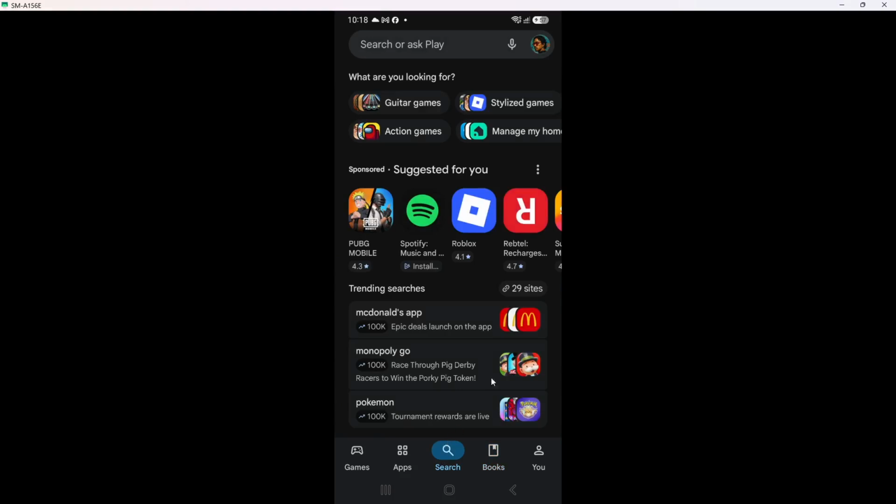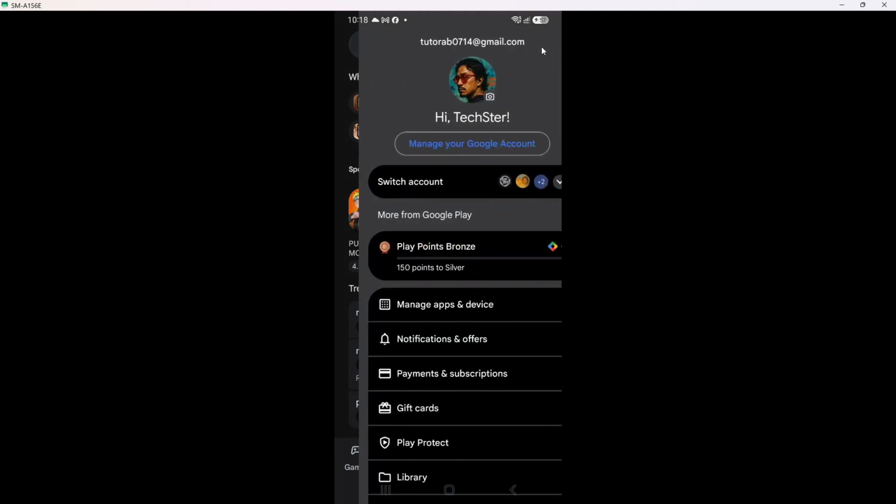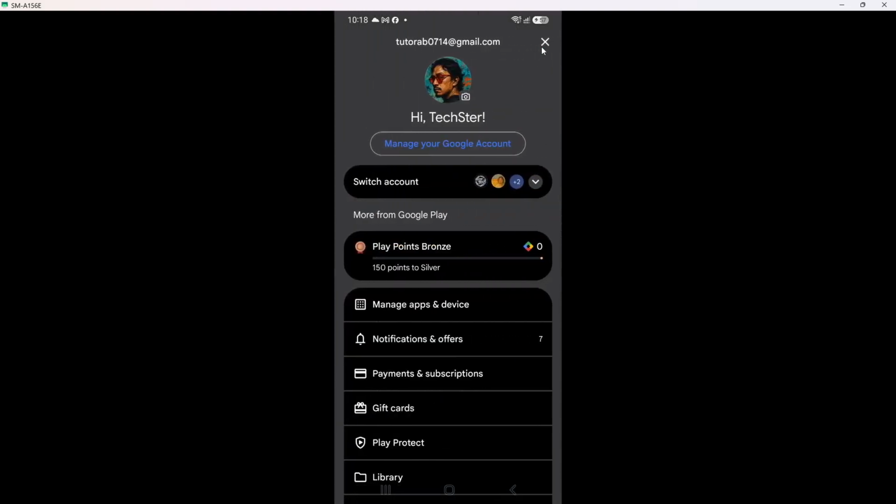Now tap your profile picture in the top right corner of the Play Store screen. On most phones, this is a small round icon that may show your photo or a colored letter. When you tap it, a menu will slide down, covering part of the screen, showing options like managing your account